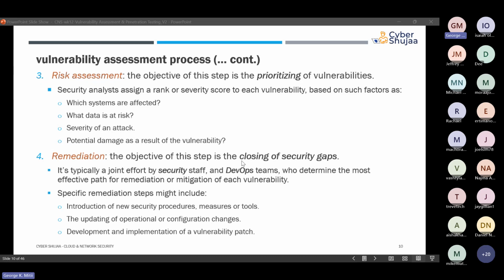Then the next step is the remediation part of it. Remediation is where you're now implementing the solution for the vulnerability that was discovered. So you want to close the security gaps that were identified earlier. Just some few examples: you can introduce a new security procedure